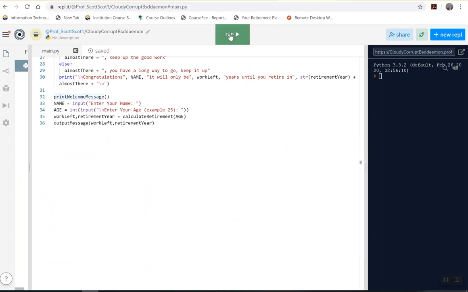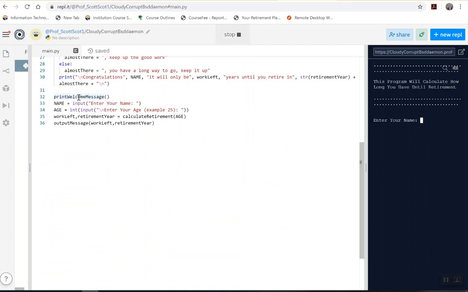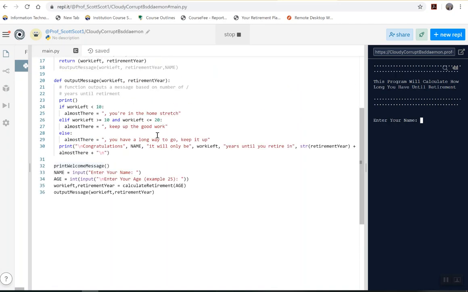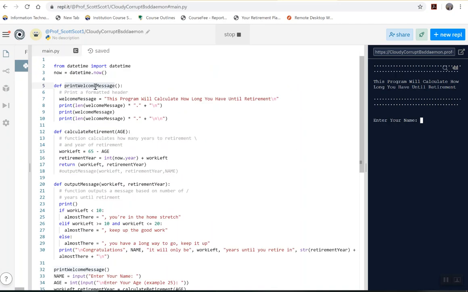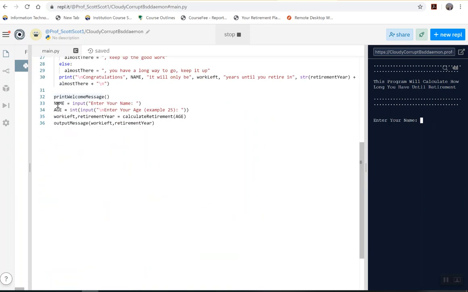So we'll go ahead and run it. And it'll jump us down to line 32. It called that function. Let's scroll back up. Comment. Declare the string. Boom. The length of that message times the period. So we see the period that many times. Printed the welcome message. Some more periods. Two new lines. And then the next thing we see will be